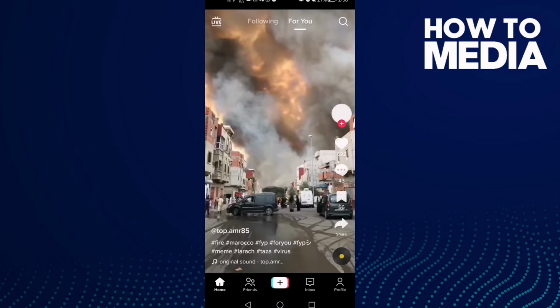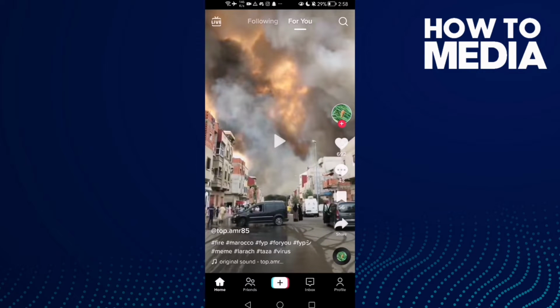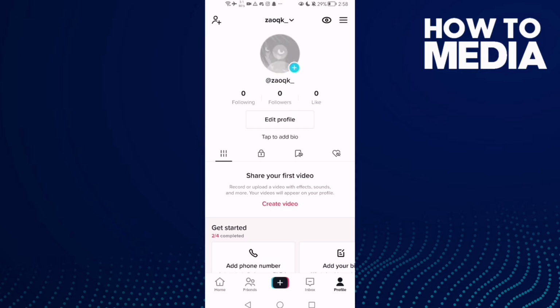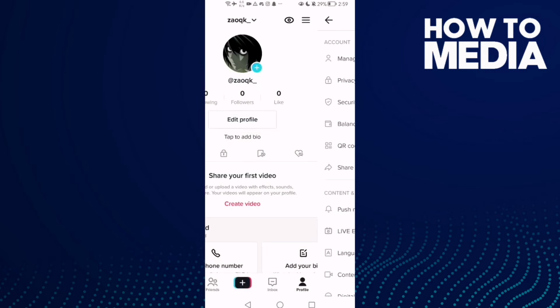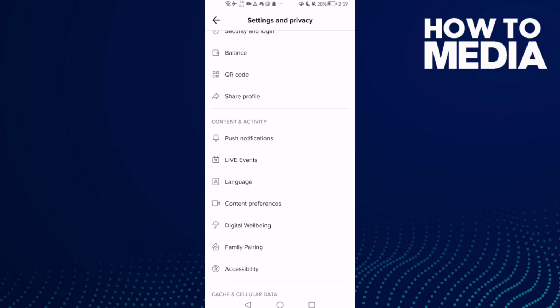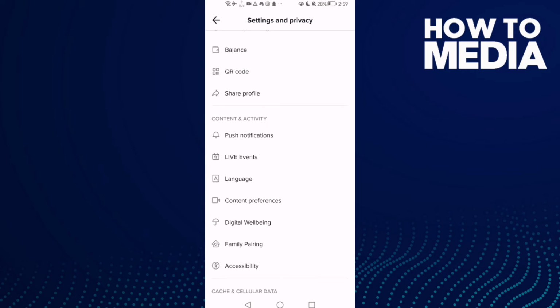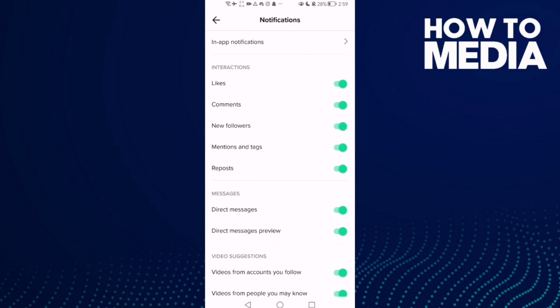First, open TikTok and now click this profile here, and after you click on it, click these three lines in the top corner, and then click settings and privacy and scroll down until you find push notifications, and after you find it, just